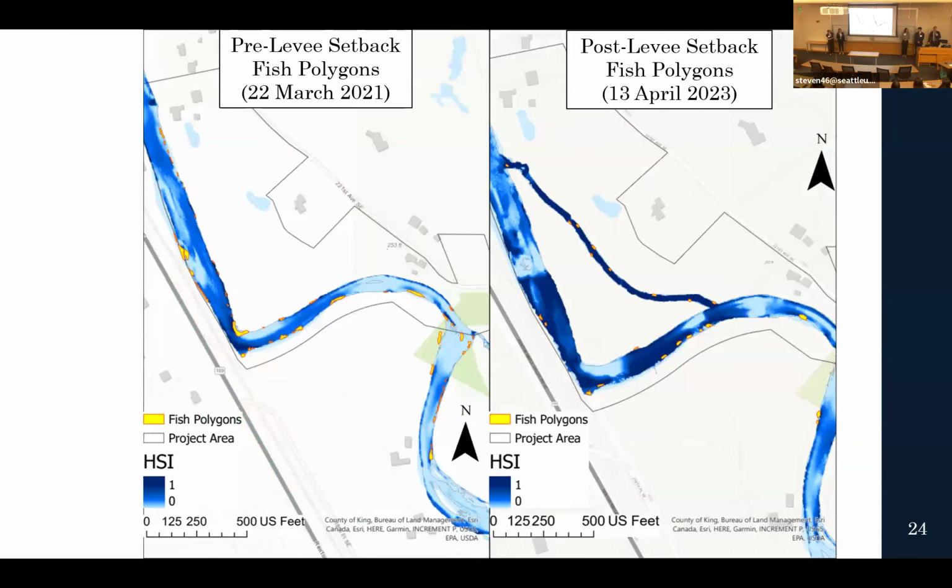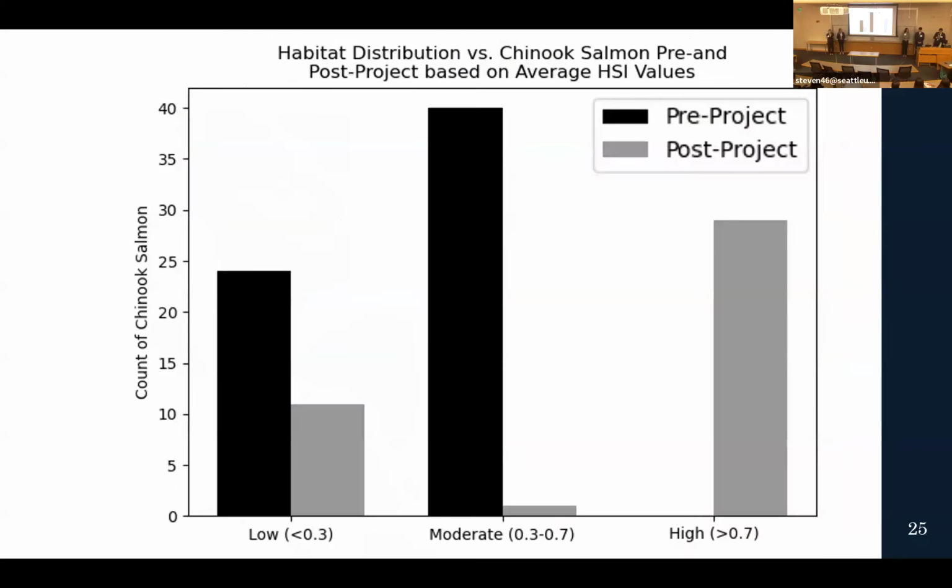One way that we can assess whether or not habitat is being evaluated properly and whether or not it is actually good is by counting the number of fish that are in that habitat. These two maps are the summary of snorkel surveys performed pre and post levee setback by King County. They're noted by the yellow polygons seen in each of these maps. The main finding of these was that there was a positive shift from low and moderate fish being in low and moderate HSI areas in the pre-project condition to more fish in the high